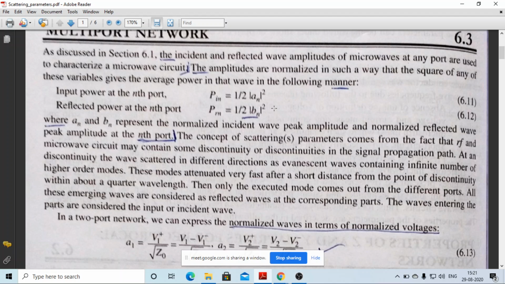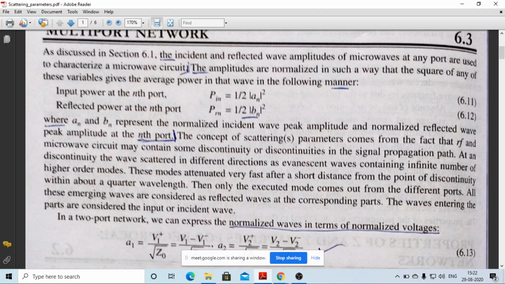But here, in place of voltage and current, P is equal to V into I. So when you put I is equal to V by R, it is V square by R. But here there is no term of impedance. Let us suppose we cannot say that A is the incident voltage term and B is the reflected voltage term. We cannot say. So the first is Pin is equal to 1 by 2 An square, and